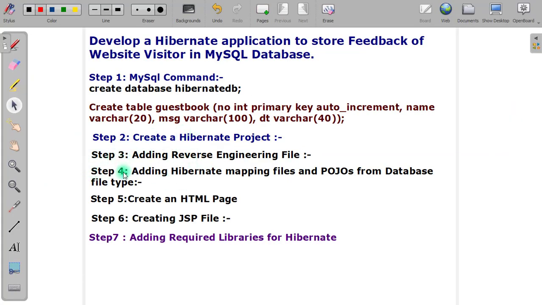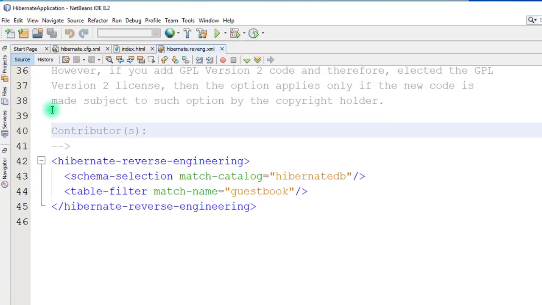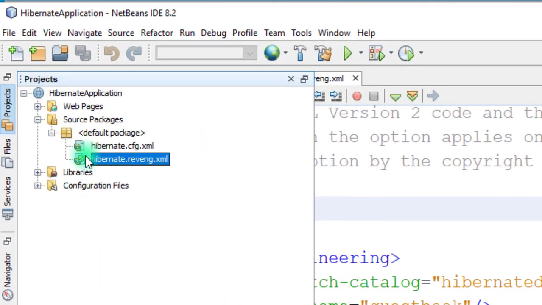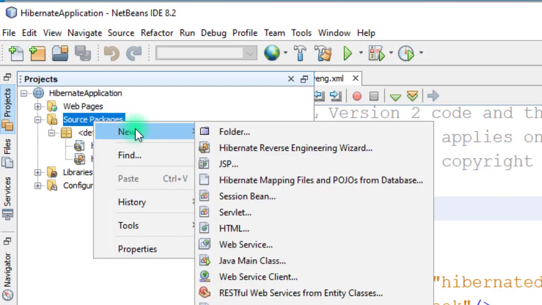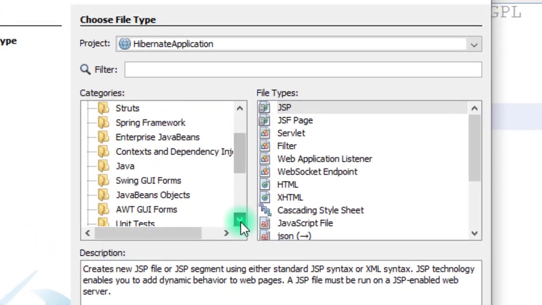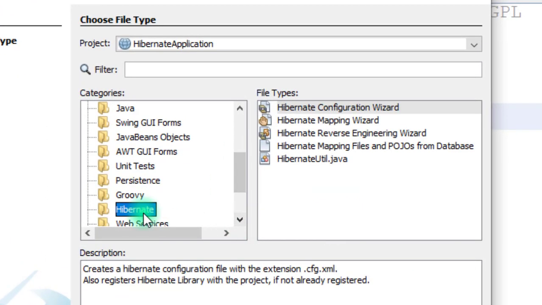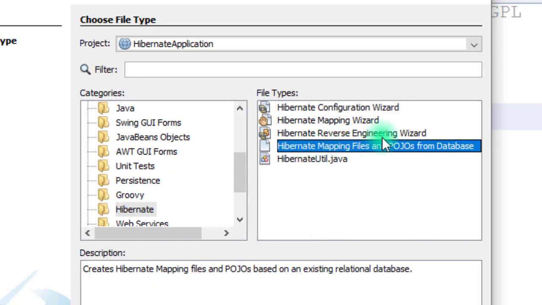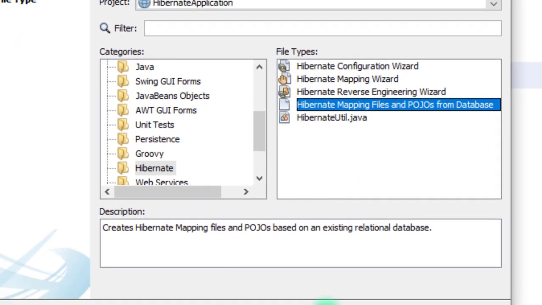Now we start with step number 4, adding the Hibernate mapping file. For this, again go to the source, right click, new, go to other, then in other again Hibernate. Here we have Hibernate Mapping File and POJOs from Database.